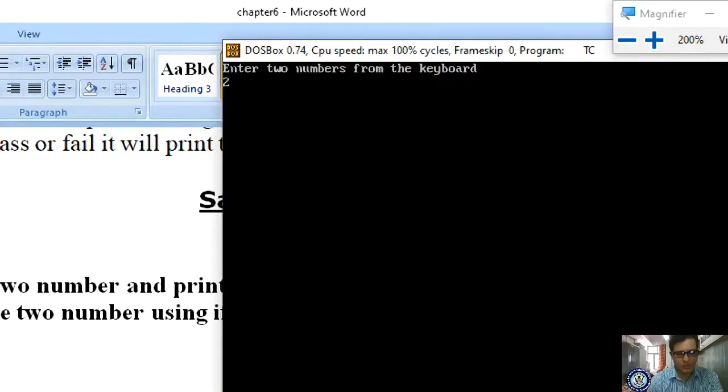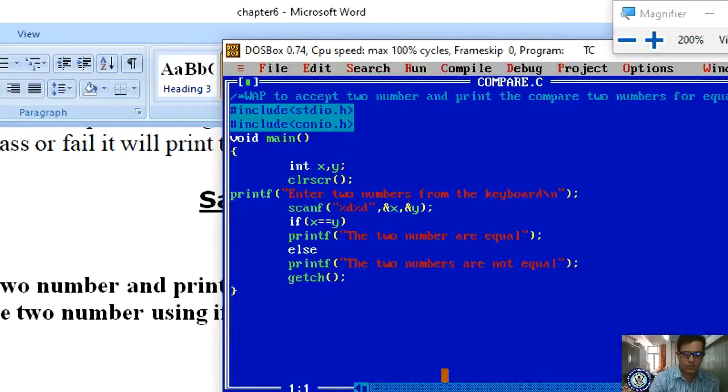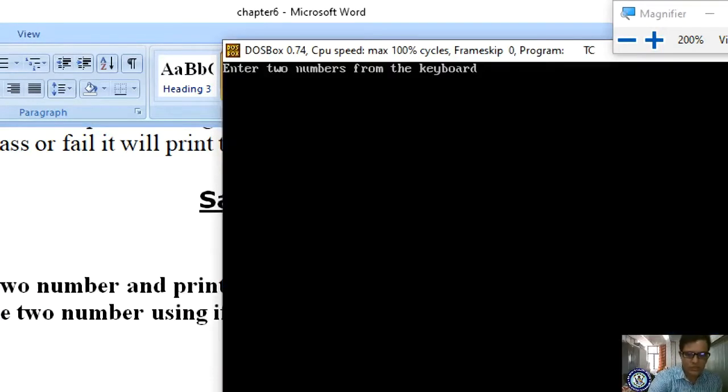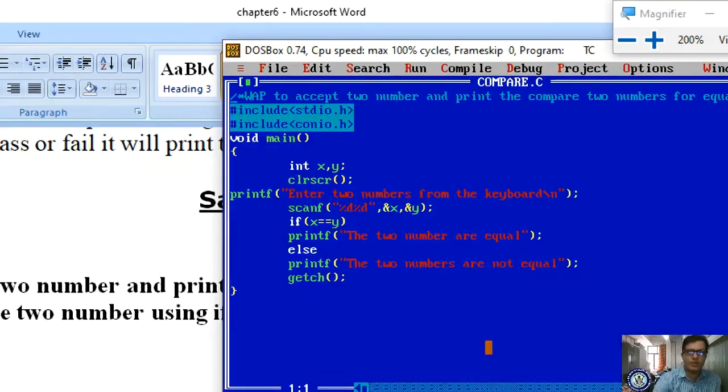Now I'm entering two values, that is 20 and 20. 20 is stored in x and 20 is stored in y. It is showing two numbers are equal. Once again I'm compiling and running. Now let me check what happens. I'm reading 30 and 40. Are the two numbers equal? No. If I run, the two numbers are not equal. Got it? So how have we constructed this? By using the if else statement. If the condition is true, the true block is executed, else the false block will be executed. Got it? Yes. Likewise we are executing. Clear? Yes.